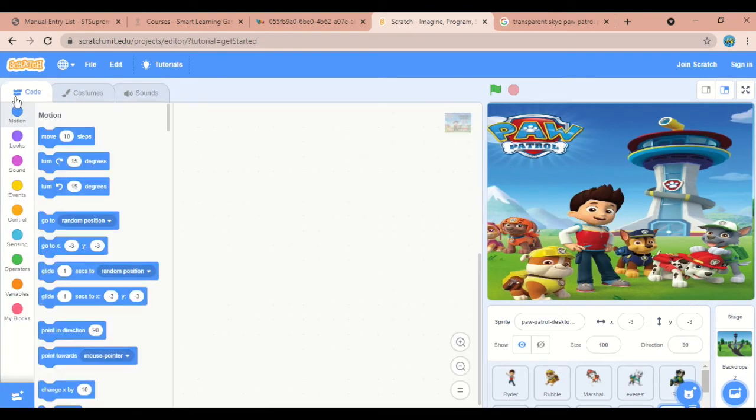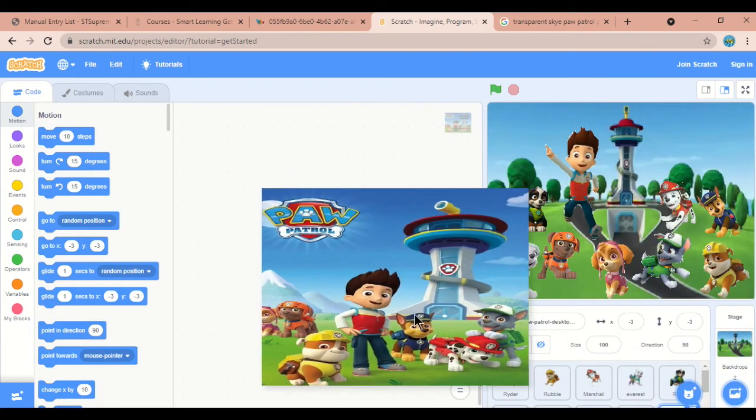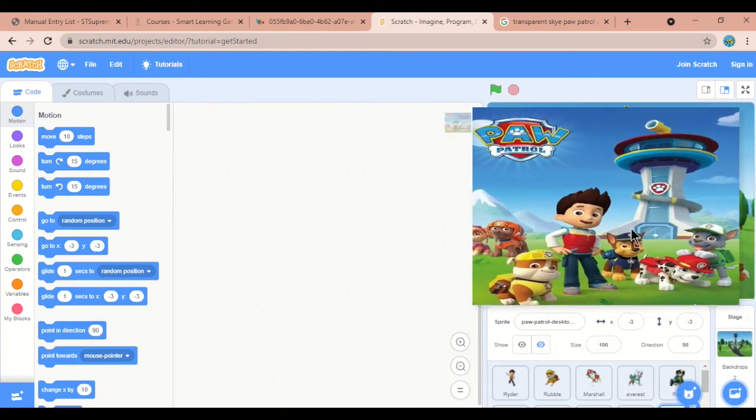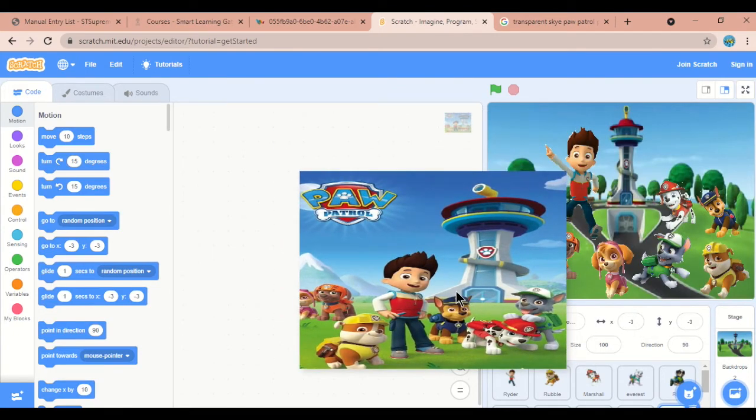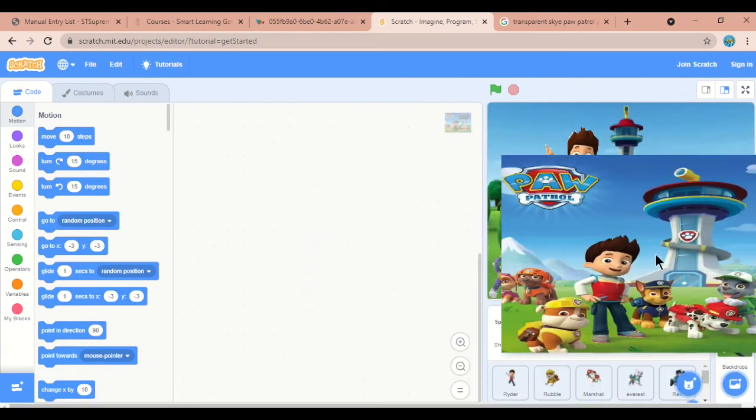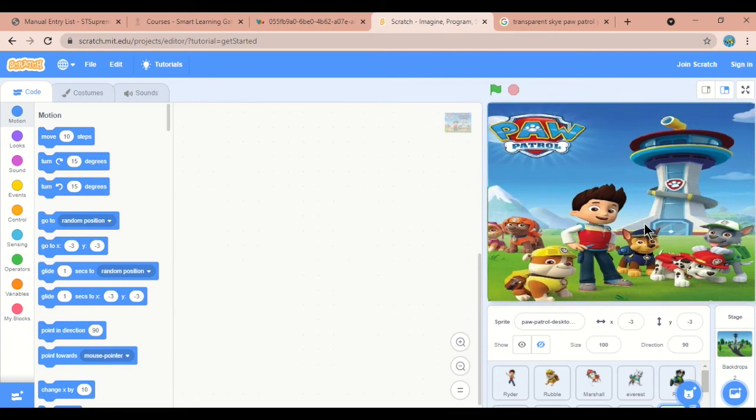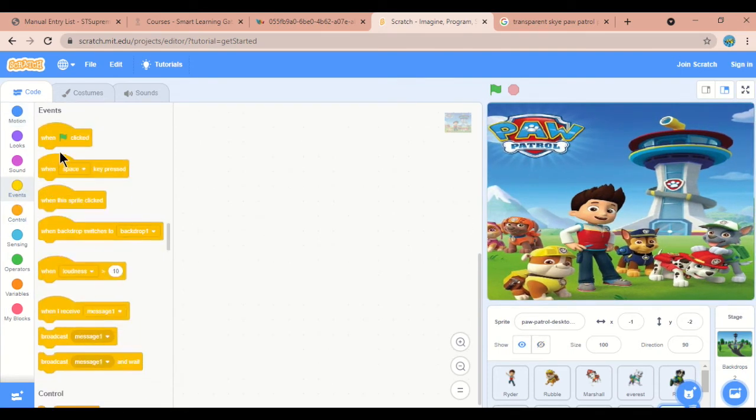Now let us come back to code. Now we have this sprite over here and at the back we have all the other sprites individually added. This one is a single picture, not the characters, only a single picture we added over here to code this event when flag clicked.